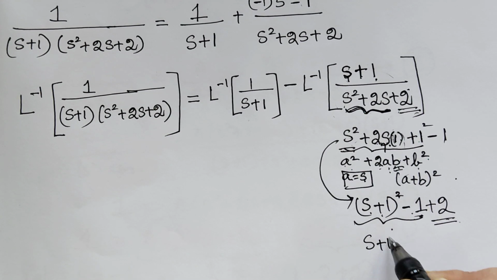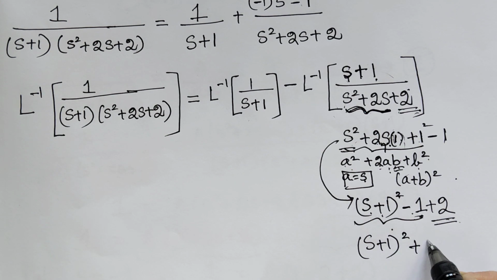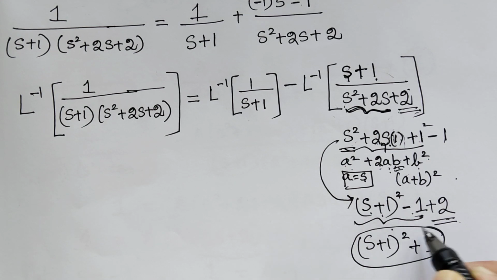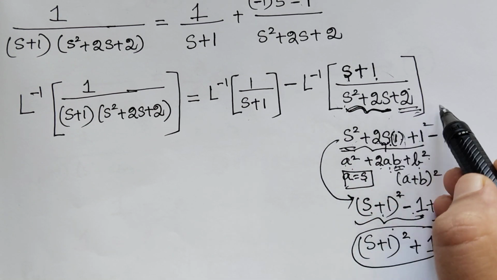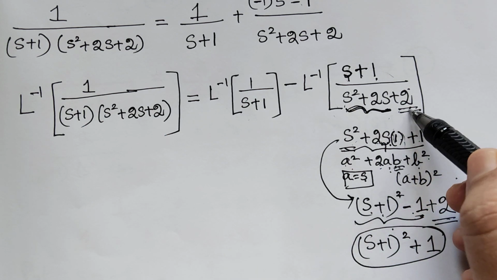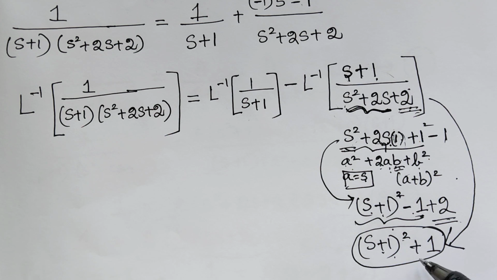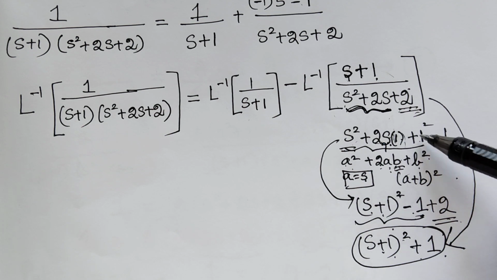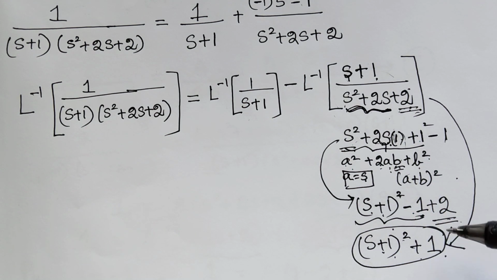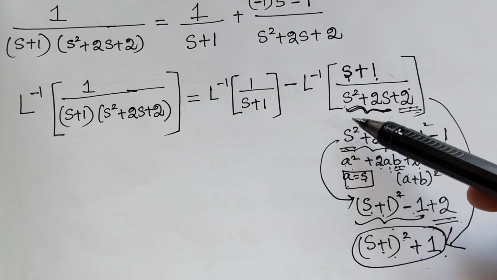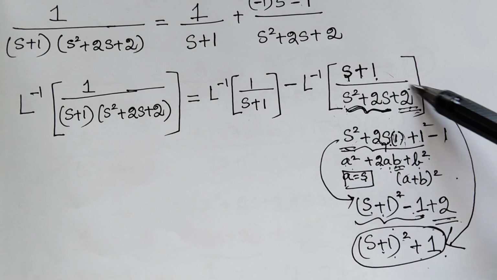So s plus 1 the whole square plus 1 we have as the denominator. So instead of s squared plus 2s plus 2, we have to replace it by s plus 1 the whole square plus 1. Go through these steps patiently and very carefully in order to find the perfect square, and then simplify the whole